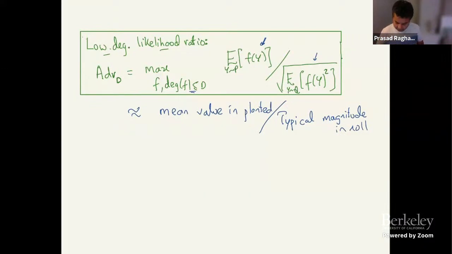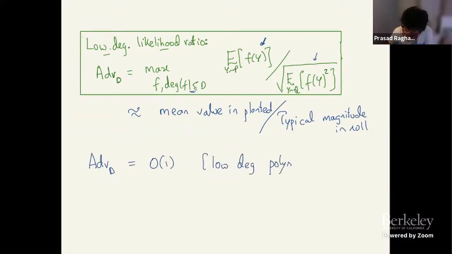The advantage of degree D is how well the best algorithm does here. So in particular, if this advantage is order 1, then you know that low degree polynomials